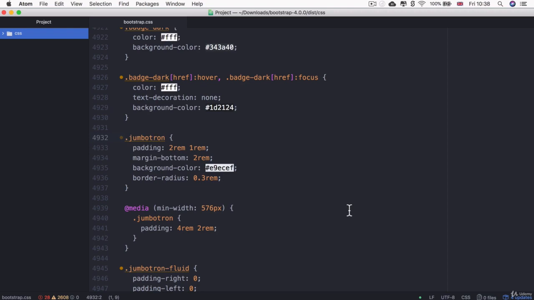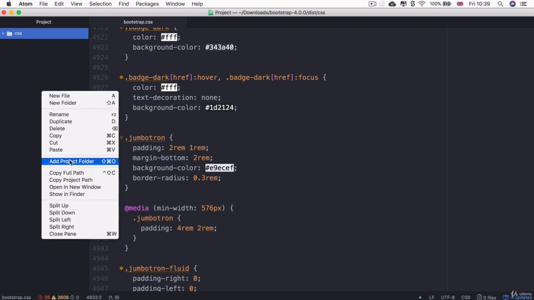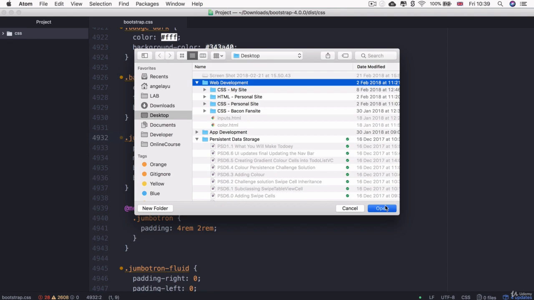Now, in the last lesson, we spoke about all the amazing things that you can do with Bootstrap and how generally awesome it is. So in this lesson, I want to show you how exactly you get access to this awesome library. How do you install it into your website projects? To do that, let's head into Atom and add our web development project folder in here so that